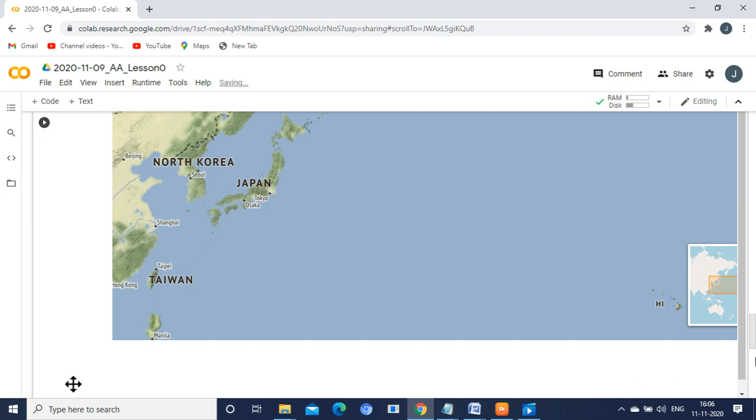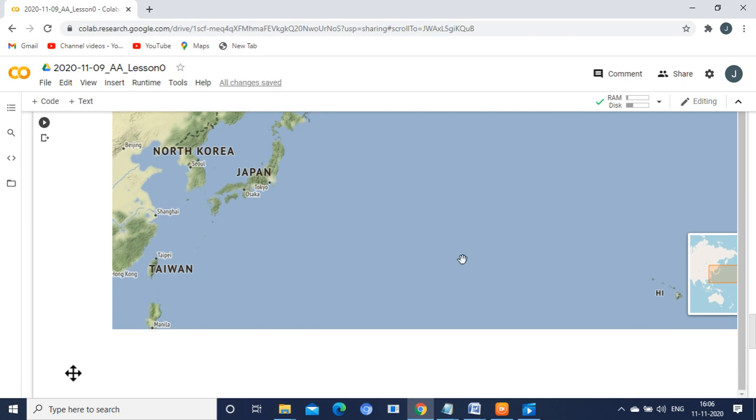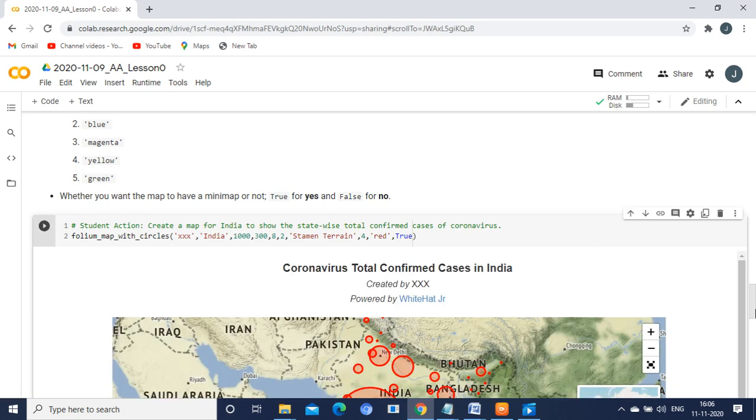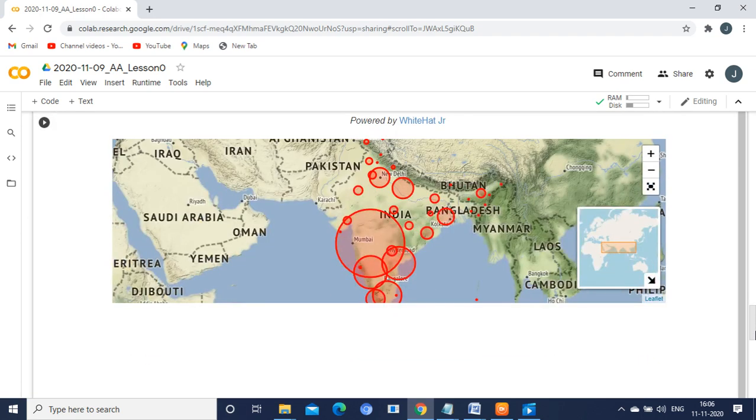So this is what your folium map activity is. Let me quickly reduce the size so that we can scroll. Say for example, I am giving 300 and some 1000 value here so that the map size will be reduced. You can see the minimap also here. If you want, the minimap will be displayed here, or else you can hide it.